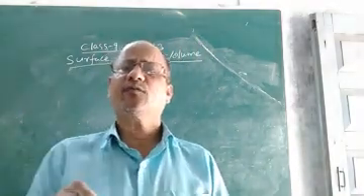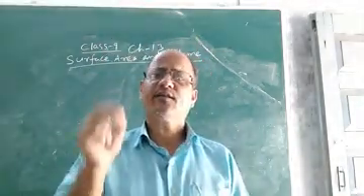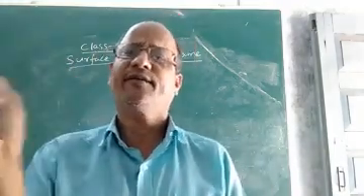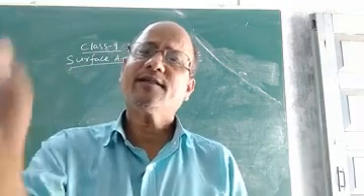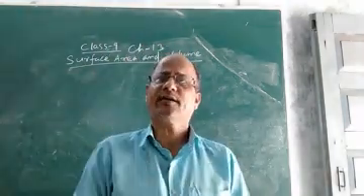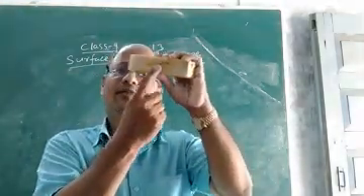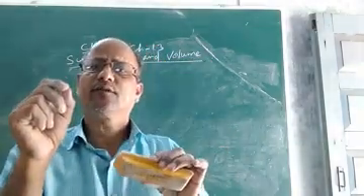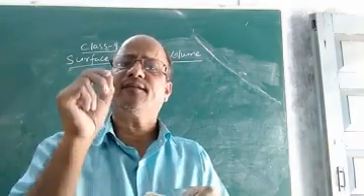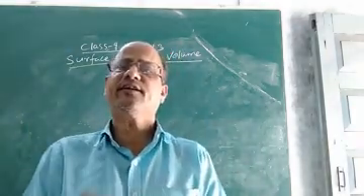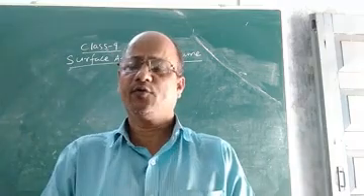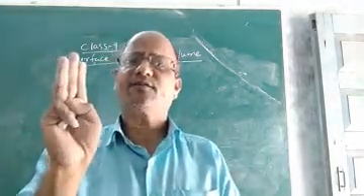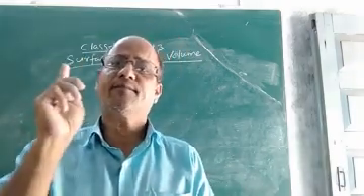Children, if I ask you what a cuboid is, you can easily say: a cuboid is a three-dimensional solid whose length, breadth and height are different, or not the same. You can give as many examples of cuboid as you like. This duster is also cuboid in shape. A book, notebook, coffee table, chair, even the room in which you are sitting is a cuboid. As it is a cuboid, it has three dimensions, namely length, breadth and height. It is a three-dimensional solid.